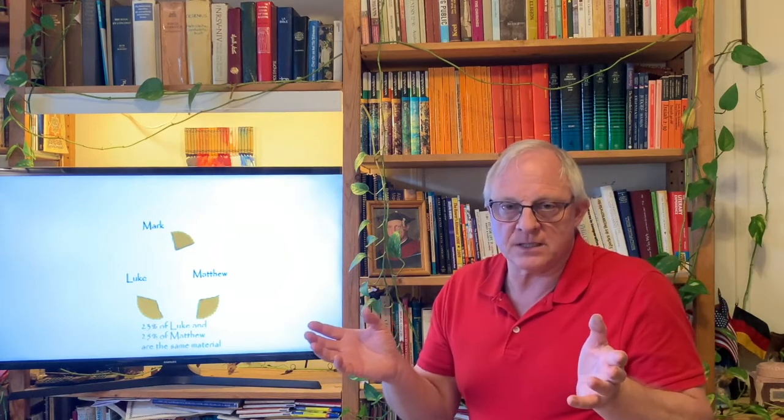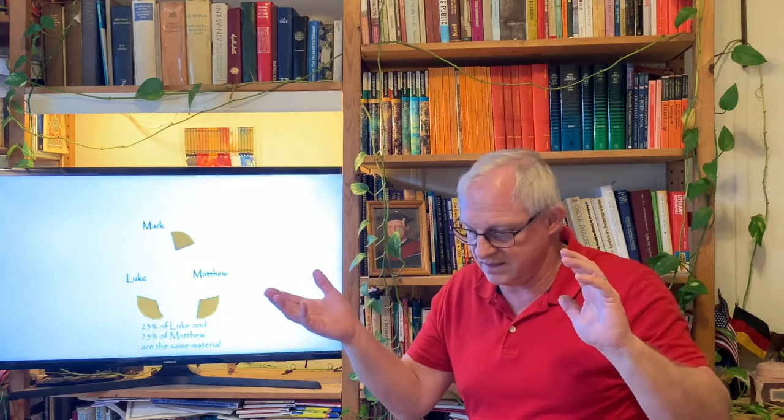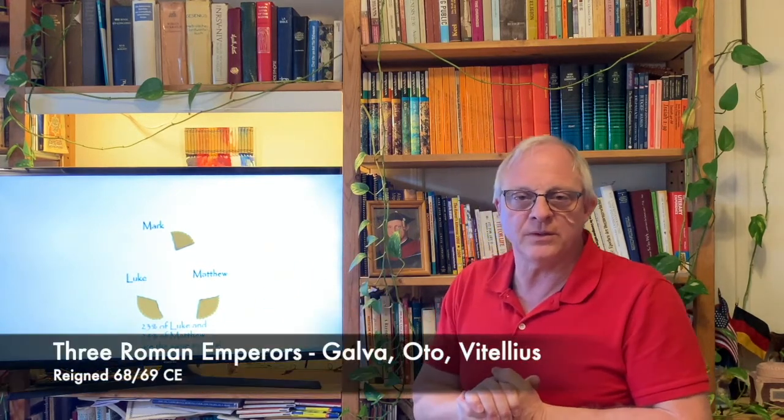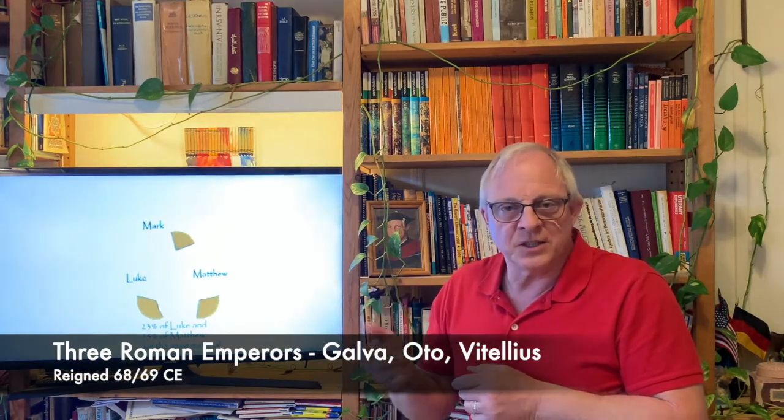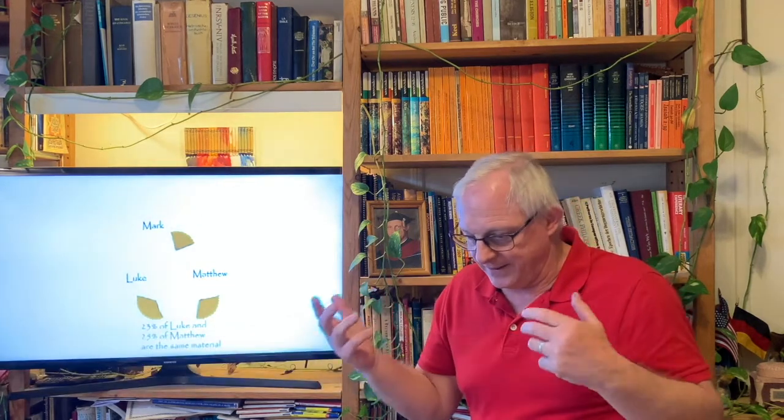Then the war started, right after the writing of Mark's Gospel. And the war was terrible. It lasted to the end of Nero's life, who died in 68 CE. There was even an uprising in the Roman Empire, because between the years 68 and 69 there were three emperors: Galba, Otho, and Vitellius. Each one of them was assassinated, and finally Vespasian came to reign in the year 69.